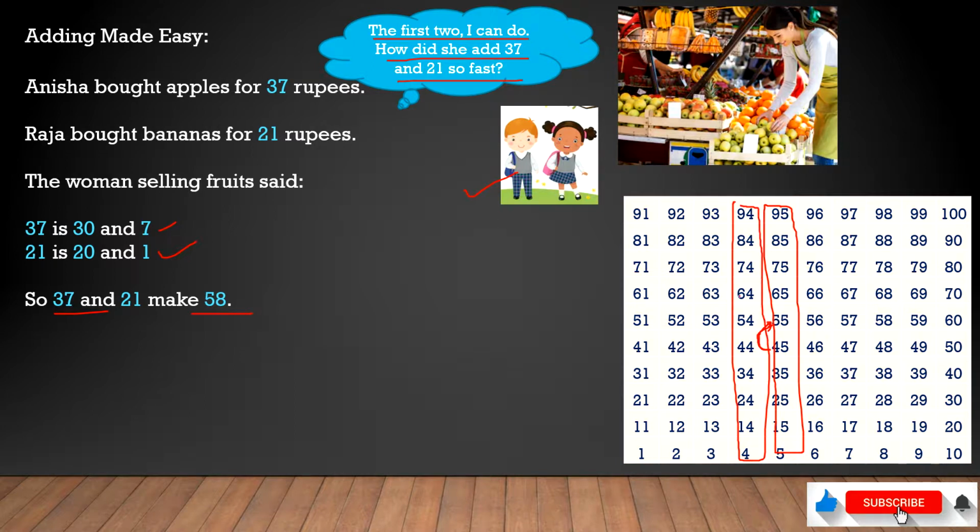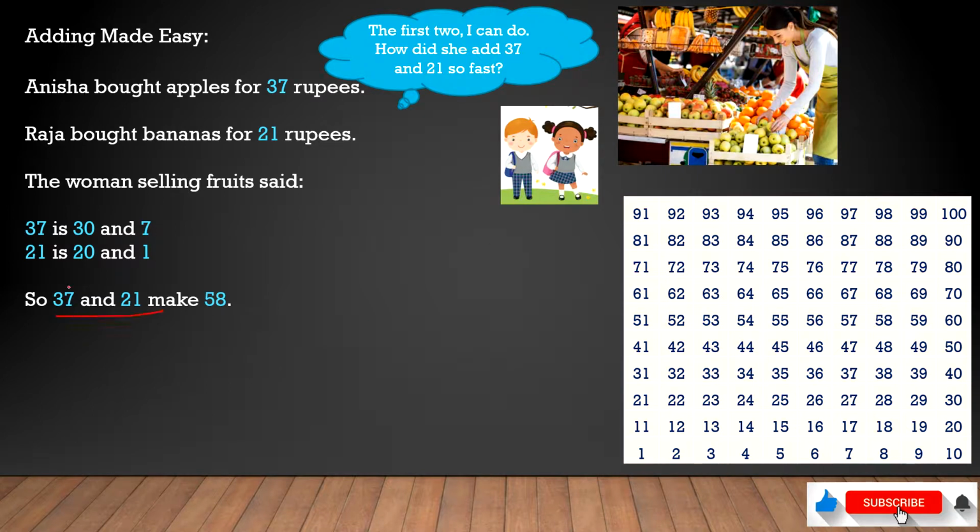For example, if you add 10 to 64, you move to 74. If you add 10 to 14, you move to 24. If you add 10 to 44, you move to 54. And similarly you keep adding. You can add 10 to any number and you will reach one row upside. Similarly, if you subtract, you will move downside. Okay, so 97, if you subtract 10, you move to 87. 54, you subtract 10, 44. 49, you subtract 10, 39. So that's how subtraction and addition will work.